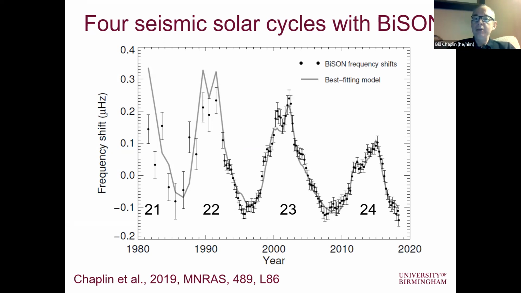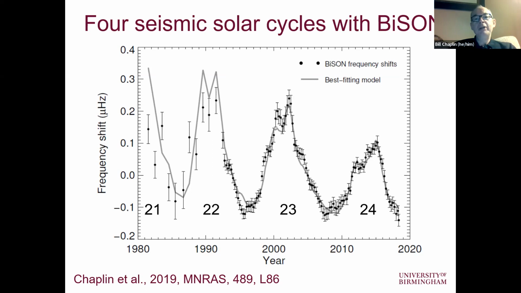And what we did here is this is a plot showing the frequency shifts that we see in microhertz, averaged over the most prominent modes of oscillation that we see on the sun. Again, these are whole sun modes, so the modes that we would see if we were observing the sun as a distant star. The shift here is of the order of peak to peak about 0.5 microhertz. Remember that the frequencies of these modes are around about 3000 microhertz, so these are parts in 10 to the 4 in terms of changes.